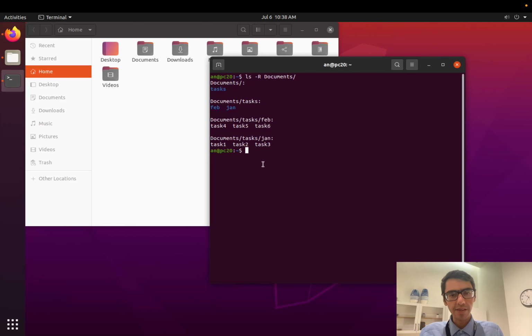So first, let me change directory into documents. Inside documents I have the tasks folder. What we are planning to do is create an archive of the tasks folder and then move it to downloads. Okay, so the first step to create an archive, we will run tar, then we'll provide the flags create file, and then we will give it the folder name tasks,